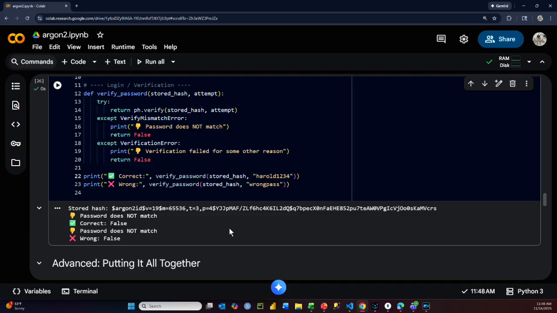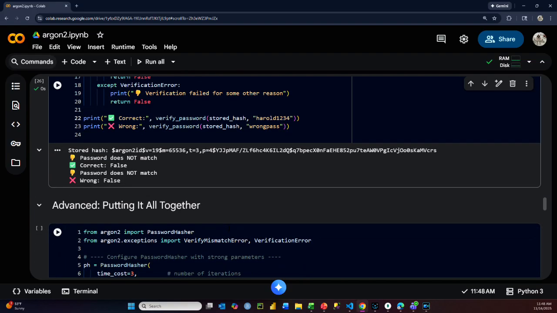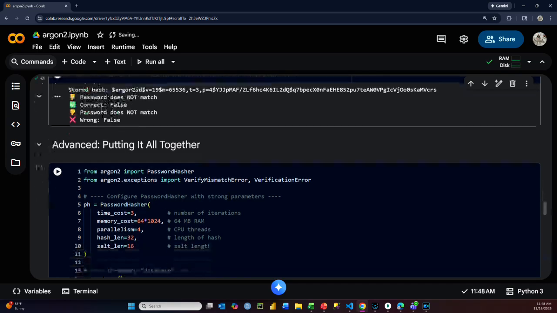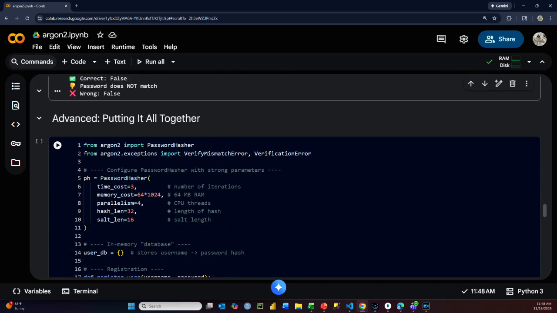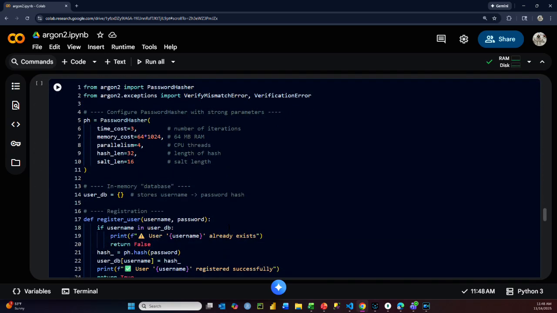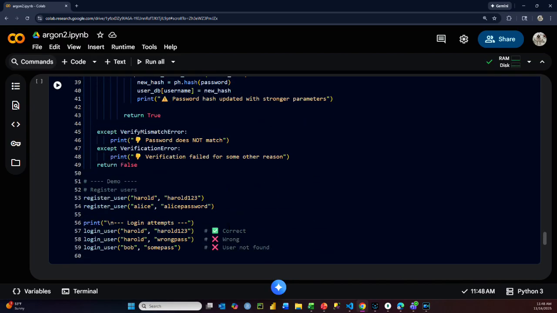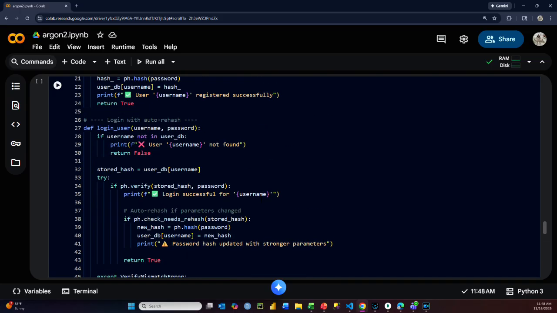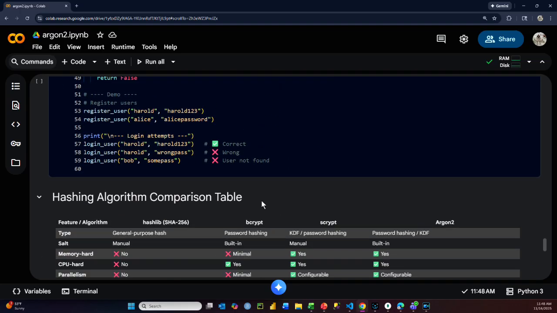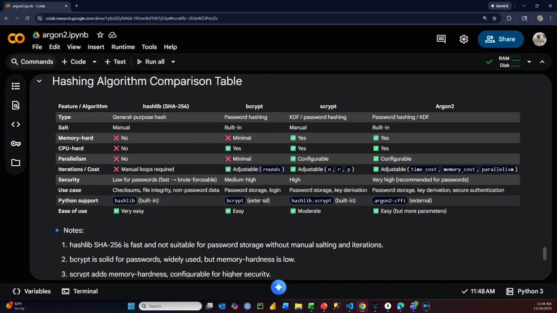Then for you to play around with on your own, I've got an advanced example putting it all together: configuring a password hasher with strong parameters, storing, registration, login, etc. You guys can play with that one on your own. Yeah. But overall,